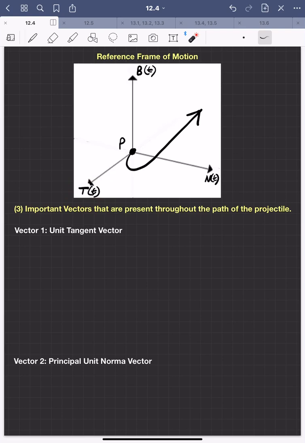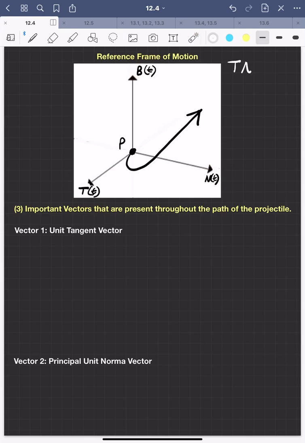We are going to try to build a reference frame, a geometry basically, that is going to be present throughout the entirety of some projectile in motion. Now, we refer to this, or at least the way I was taught it, as